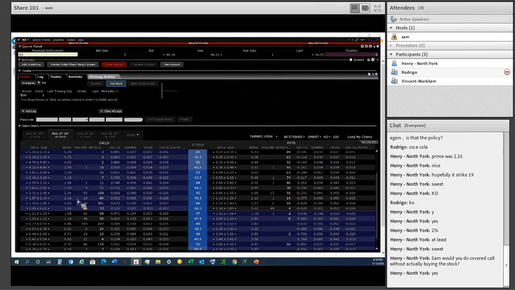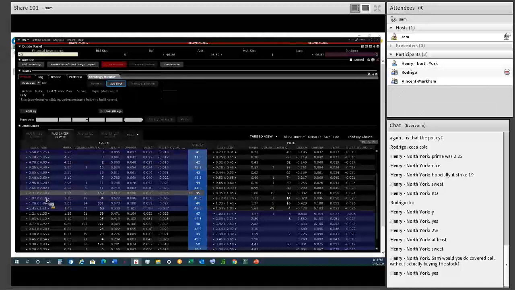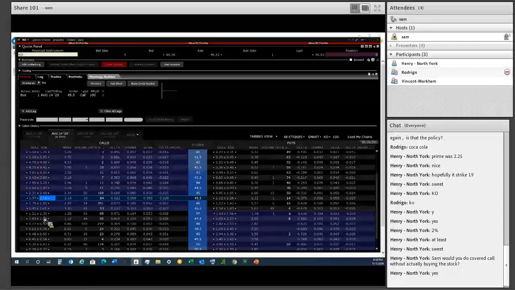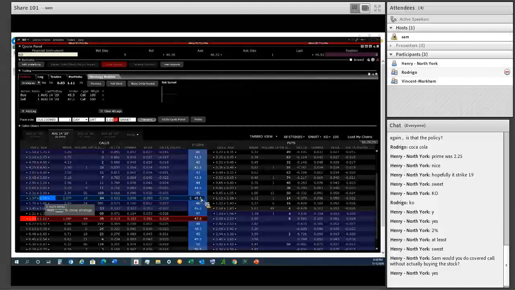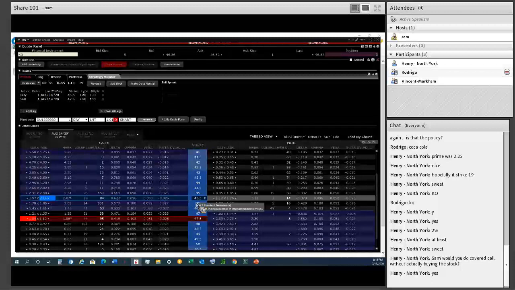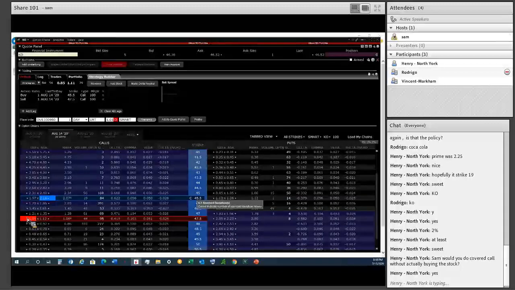Okay, so let's do it with a strategy builder. We buy closest to 60, which is there, and we sell the 47.50 there. So what we've done is we bought for 2.14. That's basically at the money, or just above. Sorry, my apologies. It's $1 in the money, and we're bringing in $1.03 for the trade.